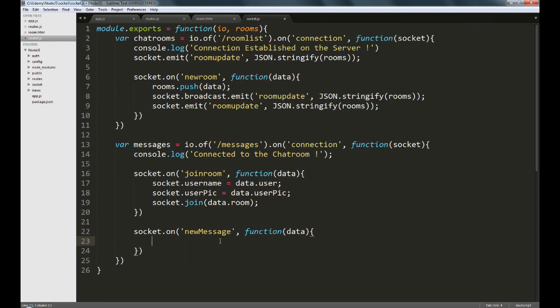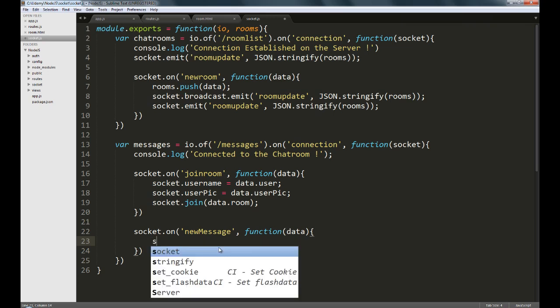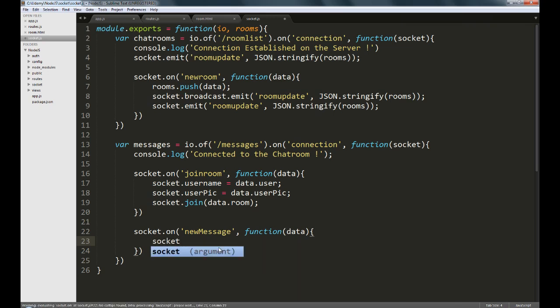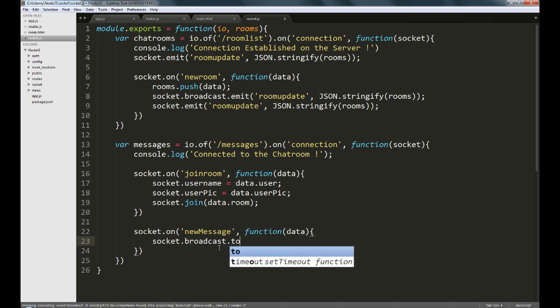So once we receive this back in the socket.js, we will broadcast this to all other users except the active socket. So I, as the active user, do not require this message back in my message feed. Hence, socket.io will broadcast it to all users except the active socket. So the way we will do that is we'll say socket.broadcast.to, and we want to broadcast this to